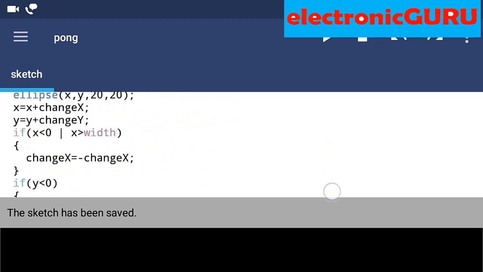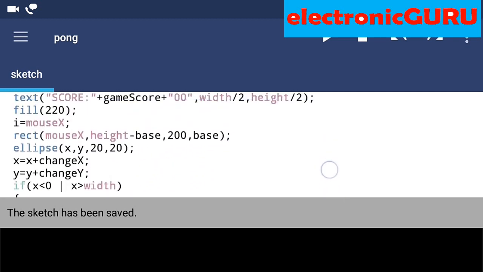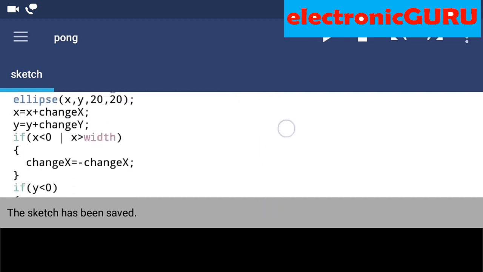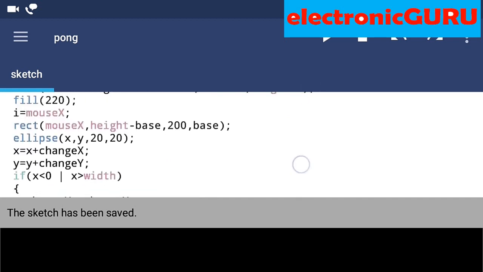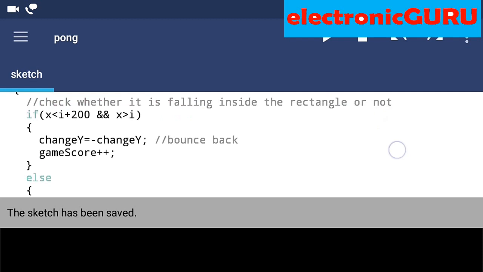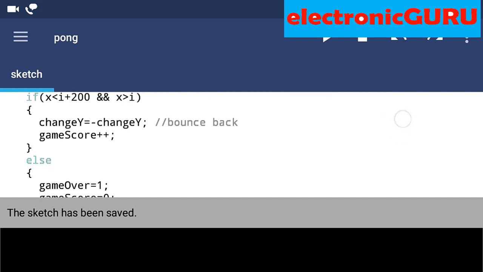As we have drawn the rectangle, I equals mouse x. So the x coordinate of the rectangle, we stored it in I, and here we used it. The 200 is the length of the box. So the value of x will be less than I plus 200 and greater than I. If that happens, it automatically inverts the y again. So the ball will collide and move in the y direction. X will not change, and it will increment the game score variable.